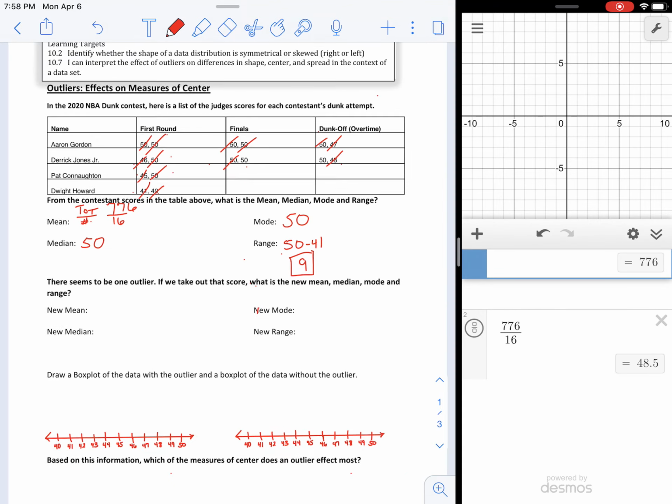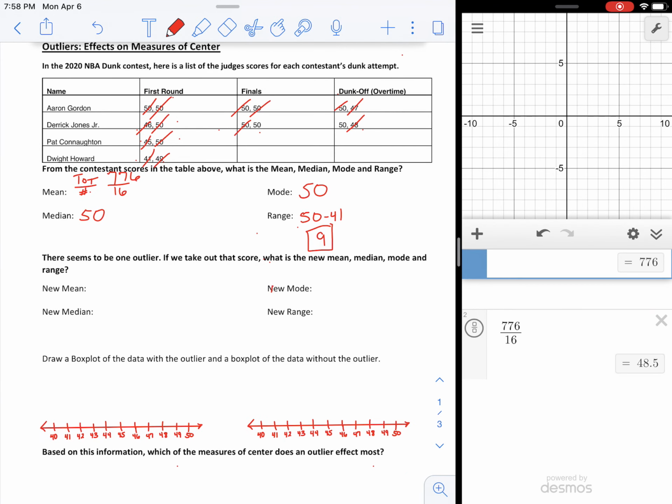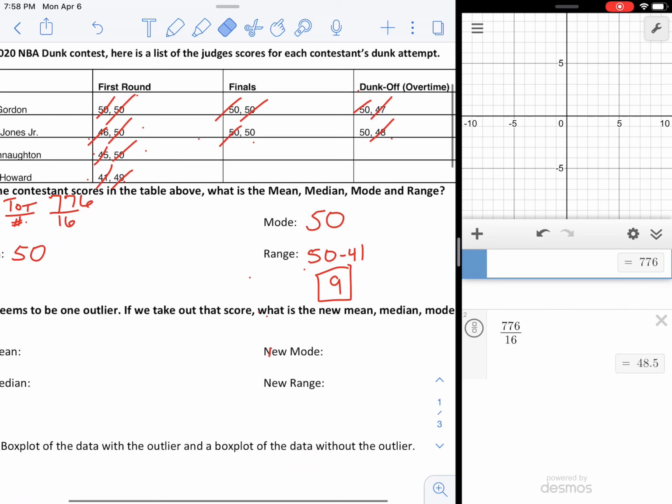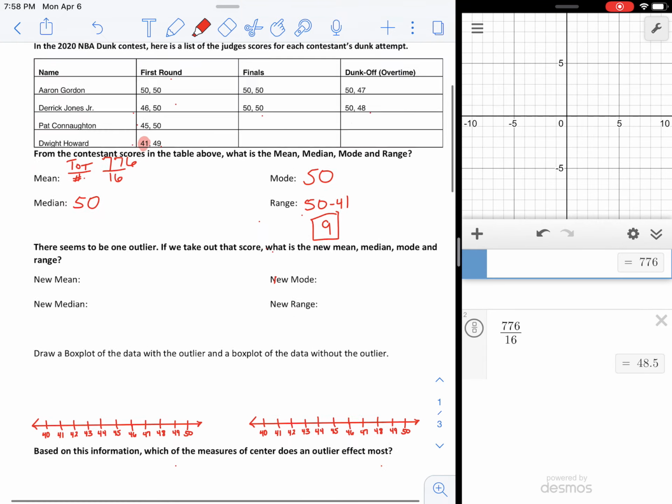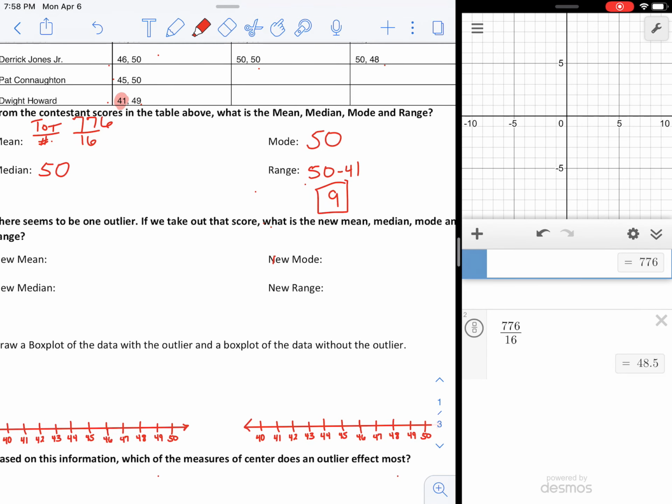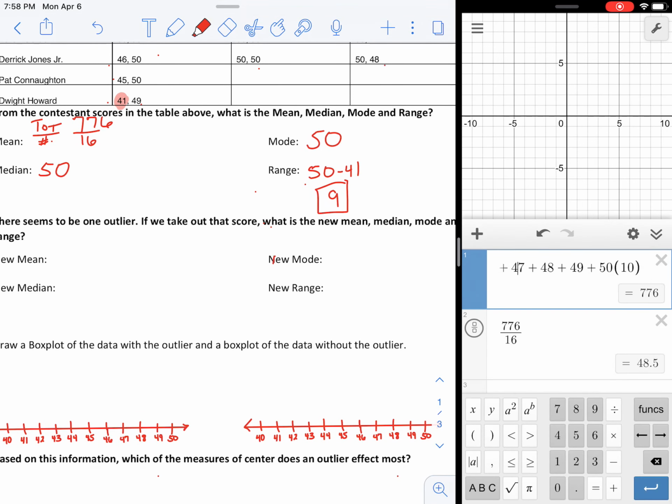Okay. All right, so there seems to be an outlier. If we take out that score, what is the new mean, median, mode, and range? Just as you can see above, there does look like there is an actual outlier, one that doesn't kind of go with the rest. And that number to me is 41, right? The rest of them are 45 and above. If you were to count those as test scores, those would all be A's except for one B, right? So to me, that's an outlier. So let's take that out of our numbers. So if we have 776 and we take out that 41,